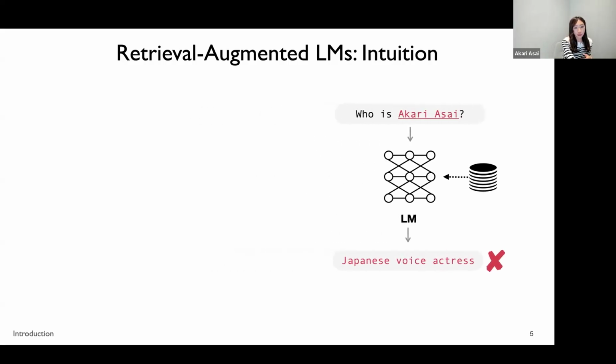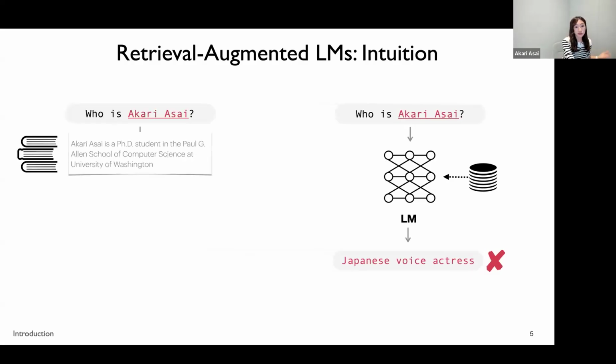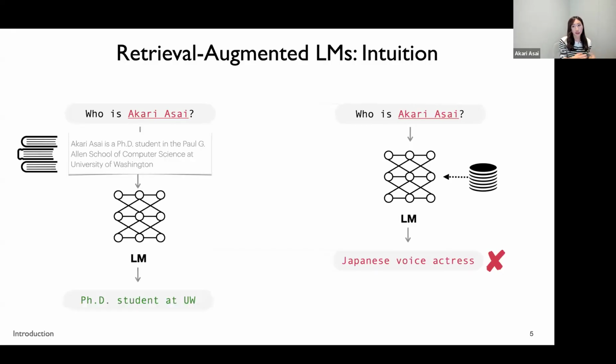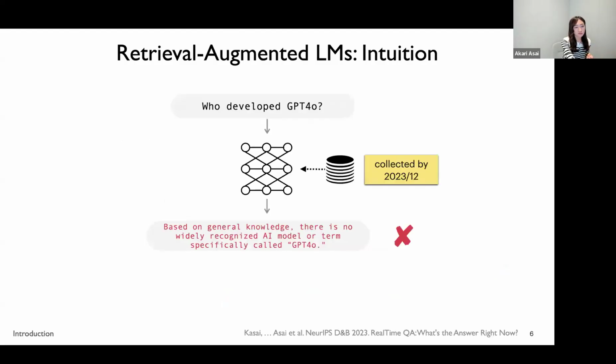Then what if we could directly search the large-scale text data used during pre-training, locate a few documents about rare entities like Akari Asai here, and reason over them to update the answer? This is essentially the core intuition behind retrieval-augmented language models. We found that this could significantly reduce hallucination, even just on top of existing language models. Moreover,